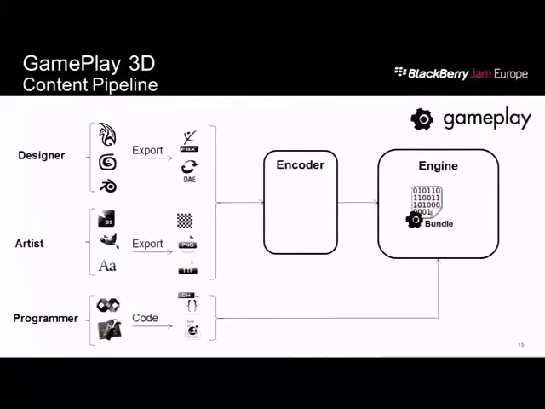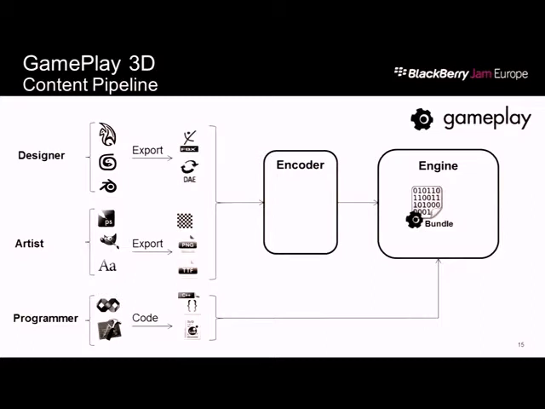So for the content pipeline for using this framework, it's pretty typical. Designers can use things like Maya, Max, and Blender. You can export out an FBX or a Collada DAE file. Artists can use Photoshop files or GIMP or whatever tools you're going to make your fonts in, and you can export out either maybe you're going to use compressed textures. That's what that checkerboard's supposed to mean. PNGs or TrueType fonts, and then those can be fed into the encoder to produce a gameplay bundle, which is a .gpb file, and then you can load that directly in the engine.